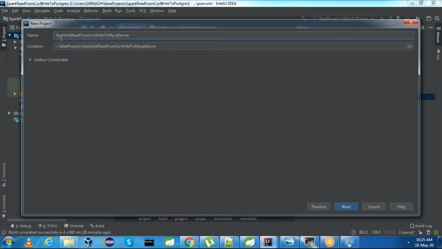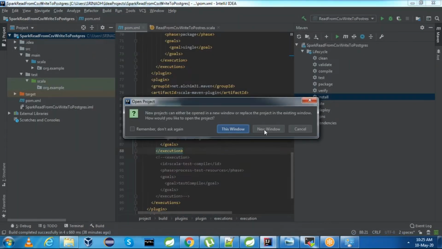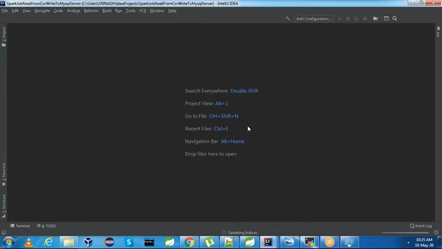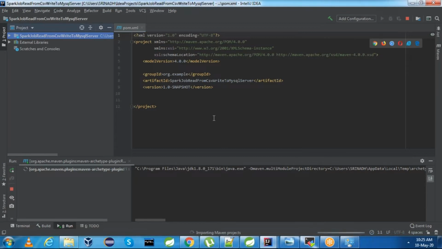I'm just keeping Apache Spark job, Spark job read from CSV write to MySQL server. Click on Next. Click on Finish. You can say new window. Select enable auto import. This will create a Maven project.